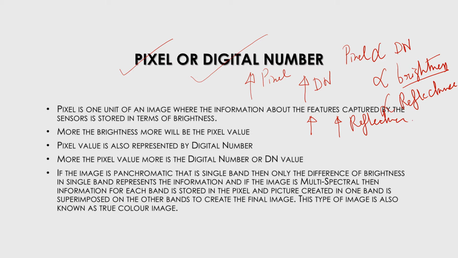Now, in the case of the digital number of a panchromatic image, that means a single band image, it is either black or white. There, the lesser digital number or lower pixel value is darker, and the higher pixel value is white. So basically this is black